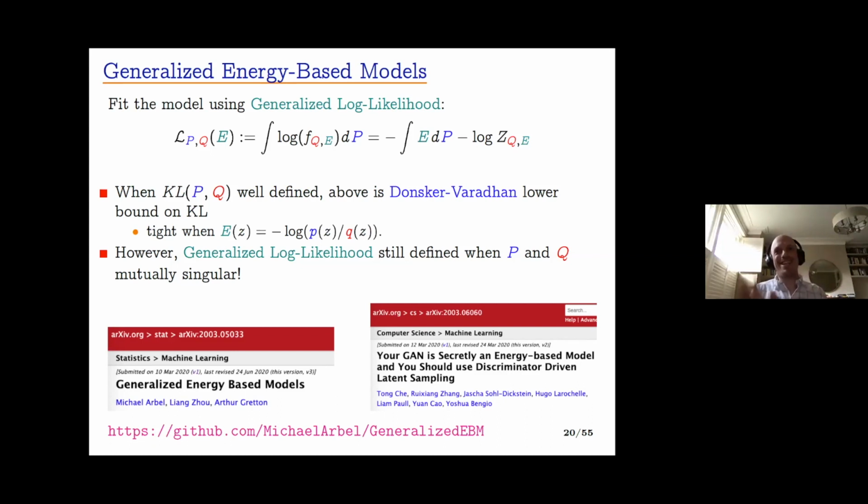So this idea of incorporating an energy function into a GAN, where the energy, as we're going to see, is in some sense derived from the critic, appeared twice simultaneously this year. So both in our paper and in another paper by Che, Zhang, and co-authors in Mila. So we've also put the code online for this.